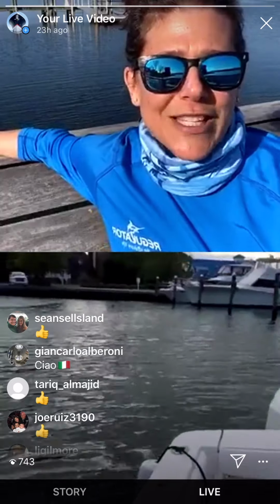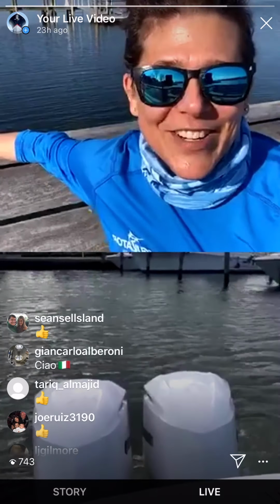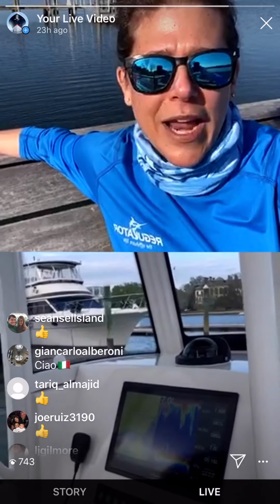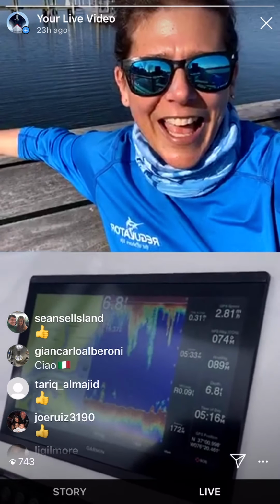But I think right now we're going to see what those twin 250s can do, at least as long as we can hold on to you guys with an internet connection and wind. Looking good. That display is so bright. Nobody can see it in the spring sunshine. It really is. So this boat's got